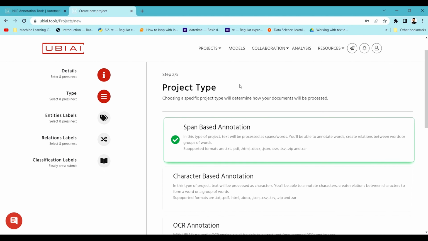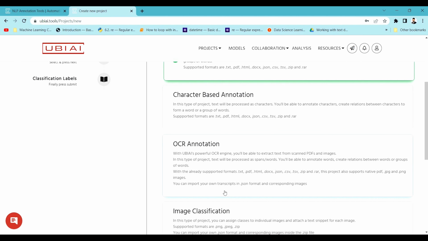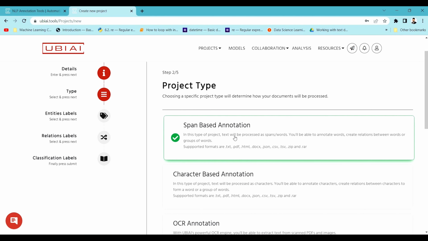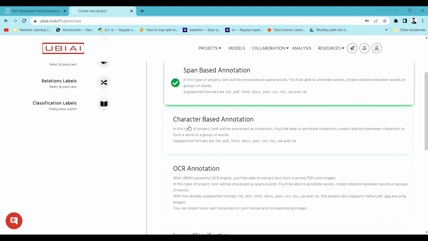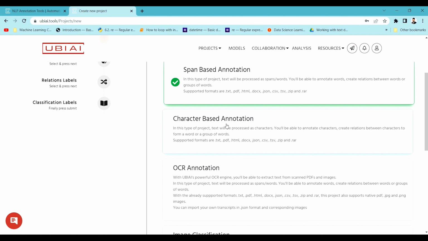And then here you will see a lot of project types that you can choose from. If you want to do a span based annotation, like if you have certain text that you want to annotate on a span basis, then you can use span based annotation. If you want to annotate only specific words from a particular text, you can use span based annotations. You can also use character based annotation. So suppose you want to annotate only the characters of a particular word, then you can use